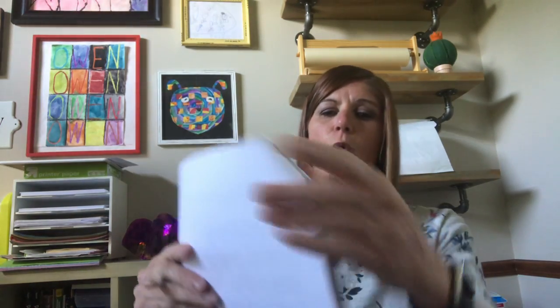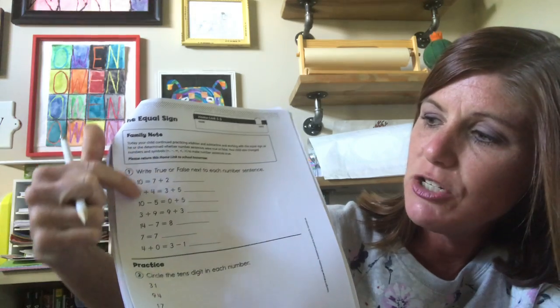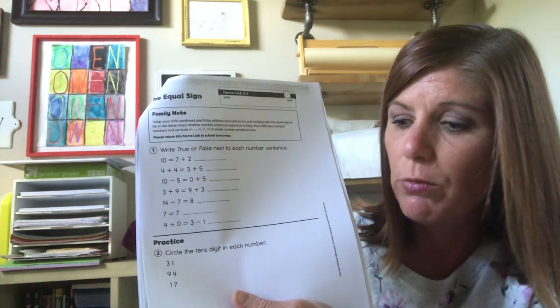Okay? We go back to my directions. I've done so much talking about these coins, I forgot what the other thing in the packet was. The other thing in the packet was this Math Home Links page. It's an old one from a long time ago. It says 5-5 at the top, and it's just to get you practicing math. So it's not really anything to do with counting nickels. You can snap a picture and send that one to me, but what I really want you to do is